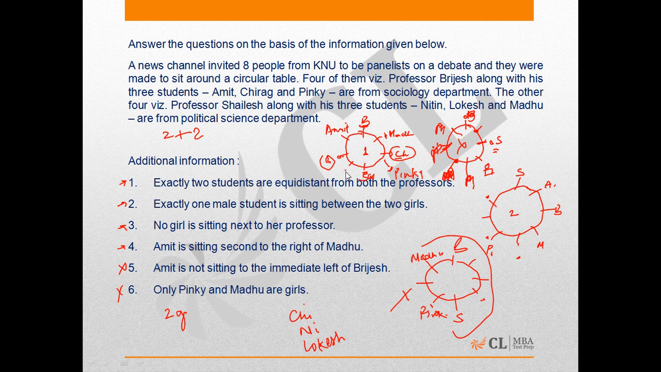Chirag is sitting immediate left of Sailesh. In this case, there would not be three persons who can sit adjacent to each other from the same department. So there are four possible cases in the first case. Now coming to the second case. In the second case, when Chirag sits between Madhu and Pinky,